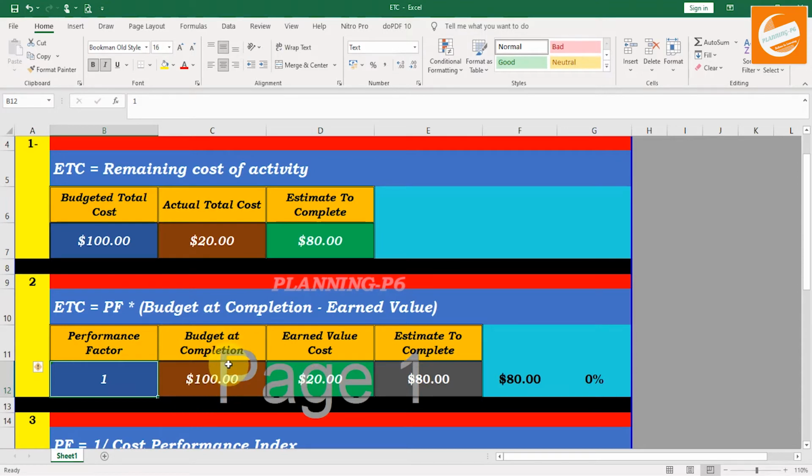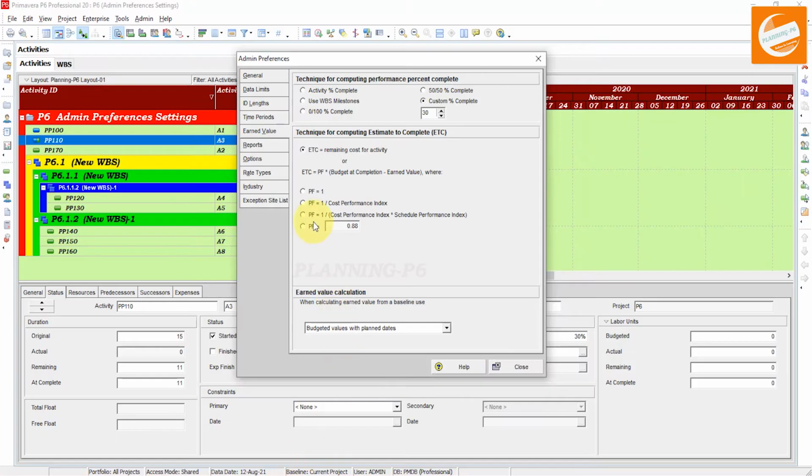If the budget at completion is $100 and the earned value cost is 20, then the estimate to complete is 80. A performance factor of 1 applies in the situation where your cost is going as you planned. And the second option we will see here is performance factor equal to 1 over cost performance index.